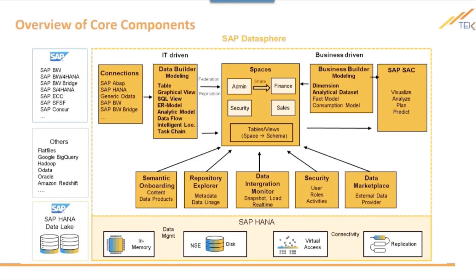So those are the functional capabilities, or I would say features, available in DataSphere. Let's look at the different technical aspects which enable us to implement those functional capabilities. So semantic onboarding, like I said, is business content. DataSphere has its own inbuilt repository explorer, where you can do lineage and impact analysis very easily, and